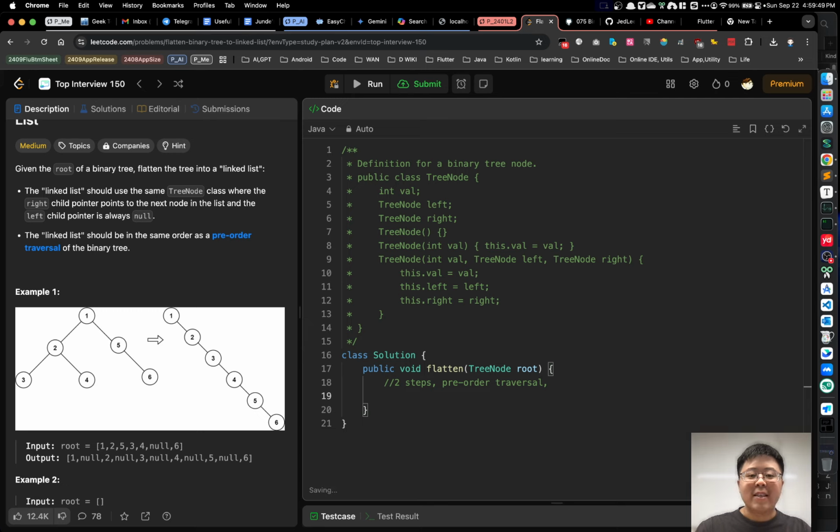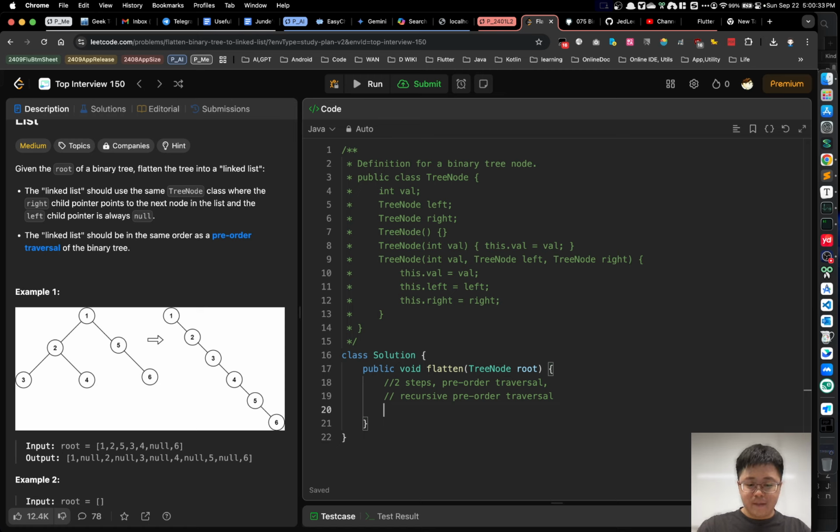Then, let's get started with 3 different approaches to solve the problem. The first approach is called recursive pre-order traversal. We can recursively flatten the binary tree by first flattening the left and right subtree, moving the flattened left subtree to the right of the current node, and attaching the original right subtree at the end of the flattened left subtree. Next, let's get started with the code of the recursive pre-order traversal